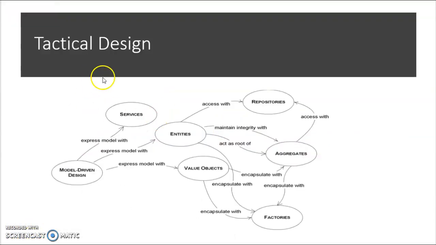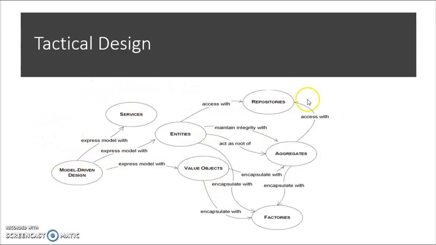That was all about the strategic design, and how strategic design is used to design our microservices architecture. Using strategic design, we have identified different bounded contexts. From those bounded contexts, we can identify the different microservices. Once a microservice is identified, we can easily work on the different objects that we need to implement that service, for example entities, value objects, models, repositories, and so on. This is nothing but the tactical design.